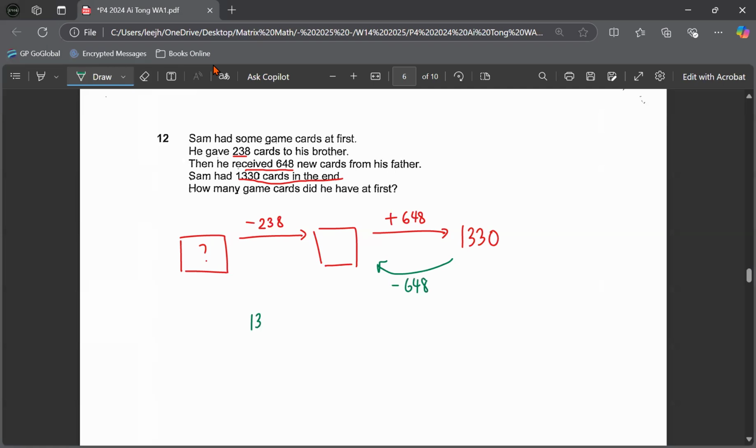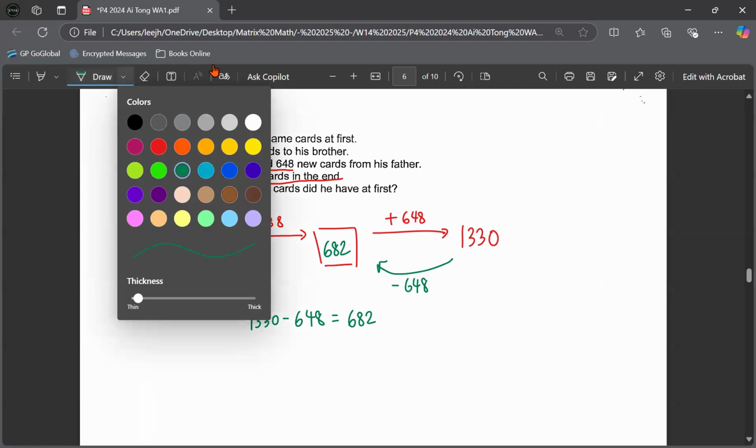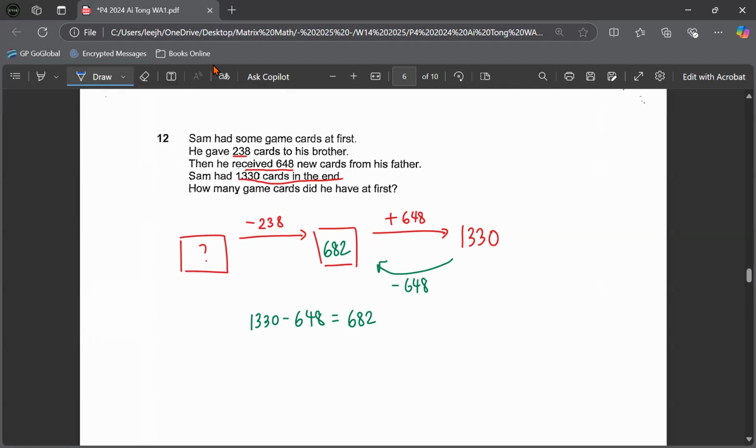So 1330, you have to minus 648 first. To find out, before the father gave him, how many does he have? So 1330 minus 648 is 682. So this is 682. And 682 is actually what he has left after giving the brother 238. So I need to work backwards. Minus become plus. So you take 682 plus 238. Your answer will be